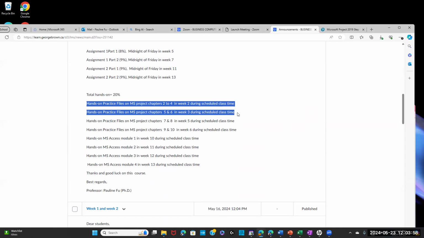And make sure you did the hands-on. We do not have hands-on for chapter 1, but we do have hands-on for chapter 2, chapter 3, chapter 4. Today we'll do chapter 5, chapter 6. You do the practice by yourself outside the class time. So 12 o'clock next week, it is just a test.